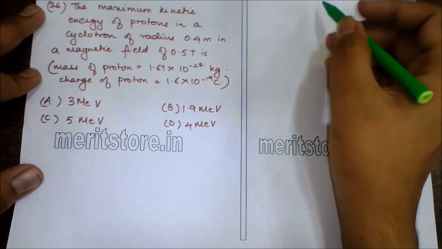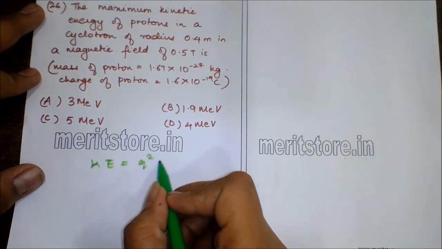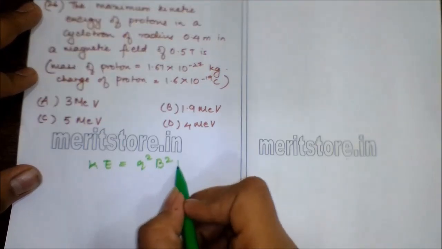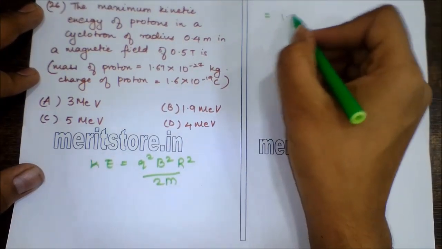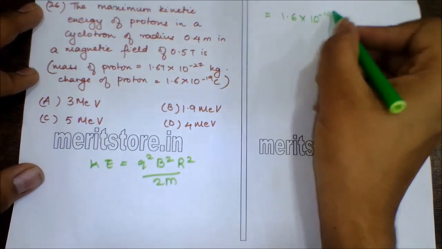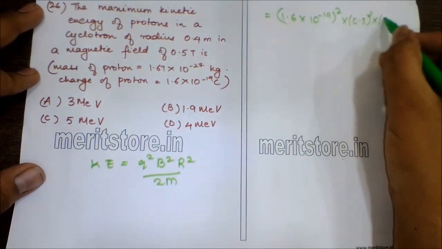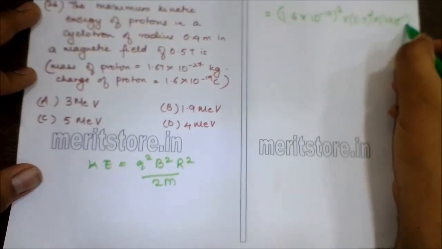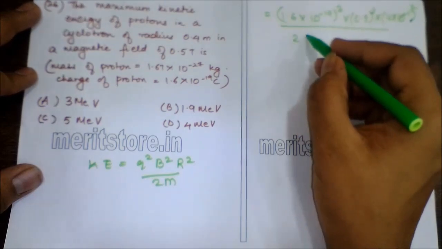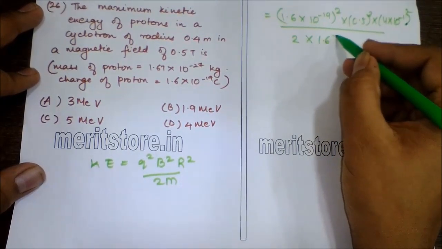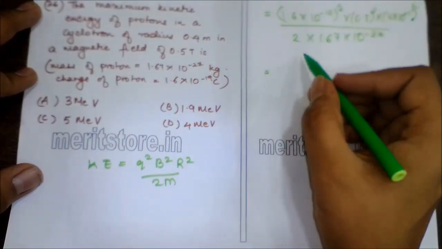We know the formula for kinetic energy: KE is equal to q square B square r square upon 2m, which is equal to 1.6 into 10 raised to minus 19 the whole square into 0.5 the whole square into 4 into 10 raised to minus 1 the whole square upon 2 into 1.67 into 10 raised to minus 27, which on solving we get